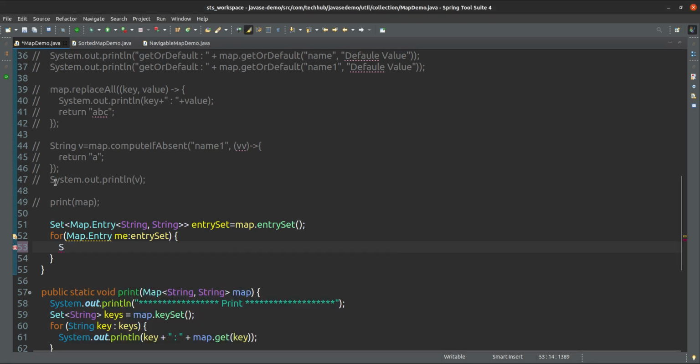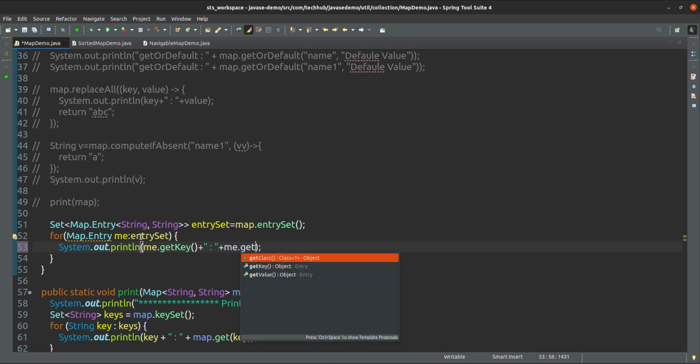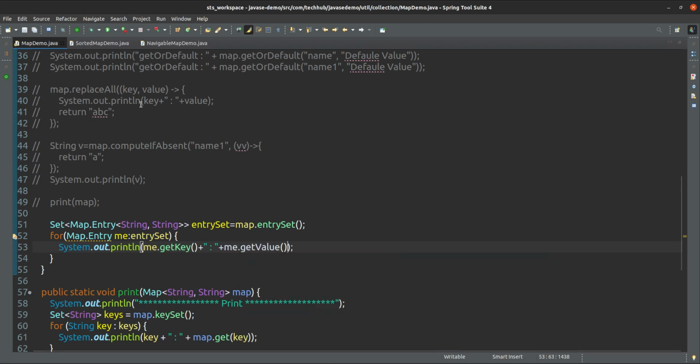Suppose me.getKey plus me.getValue, and this is a type of string and string.